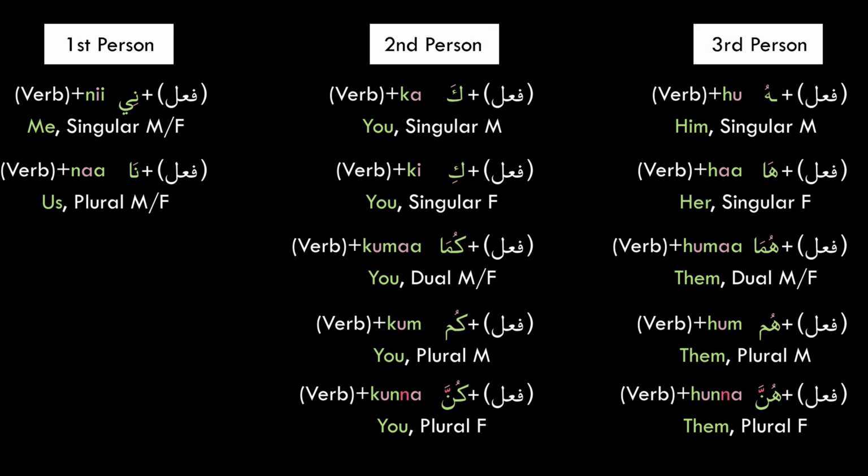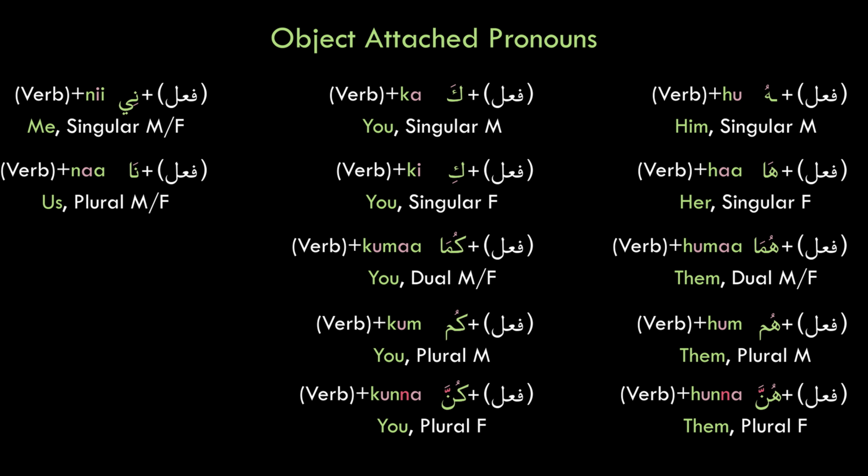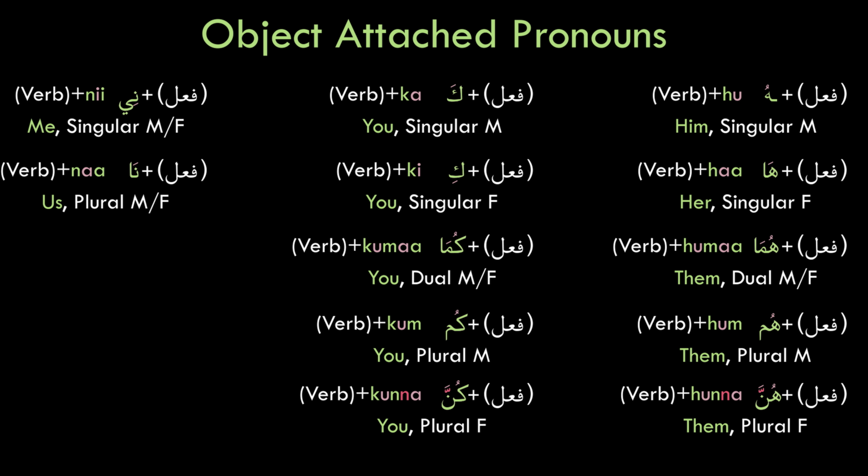We call those suffixed letters object-attached pronouns because they play the role of the object in a verbal sentence and they are attached to the verb. But because of the diversity of the Arabic language, I can also use separate pronouns rather than attached pronouns to play the same role. For now, if you want to say to someone, I address you alone, instead of saying أخاطبك,